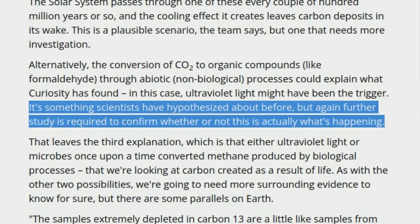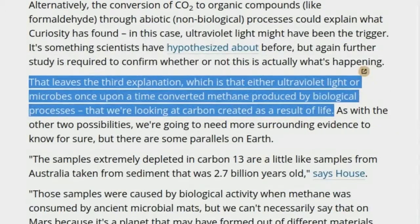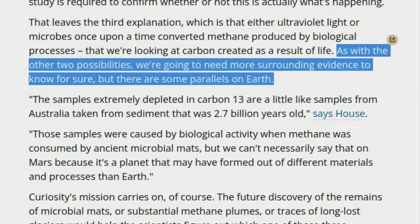actually what's happening. That leaves the third explanation, which is that either ultraviolet light or microbes once upon a time converted methane produced by biological processes, that we're looking at carbon created as a result of life. As with the other 2 possibilities, we're going to need more surrounding evidence to know for sure, but there are